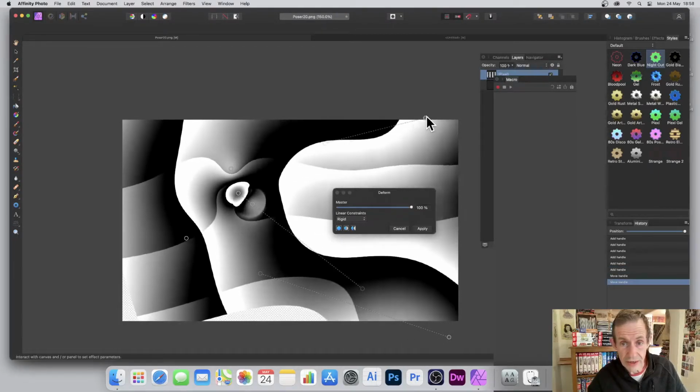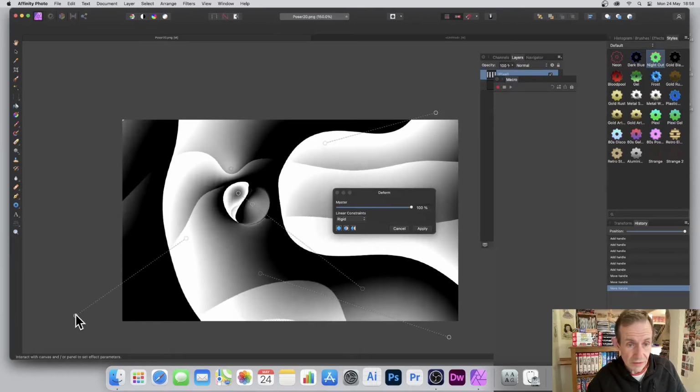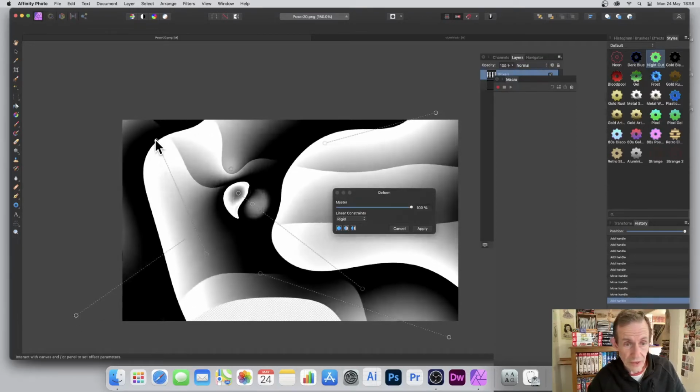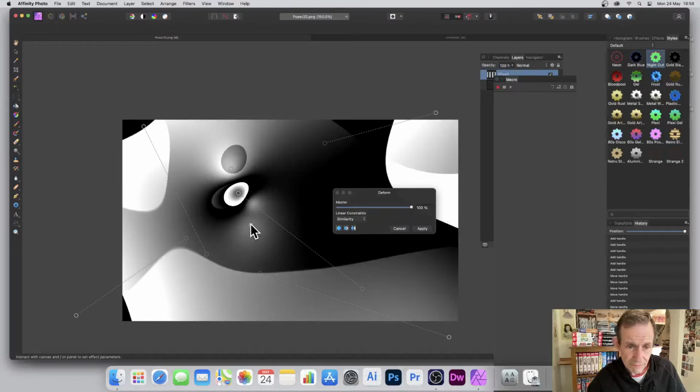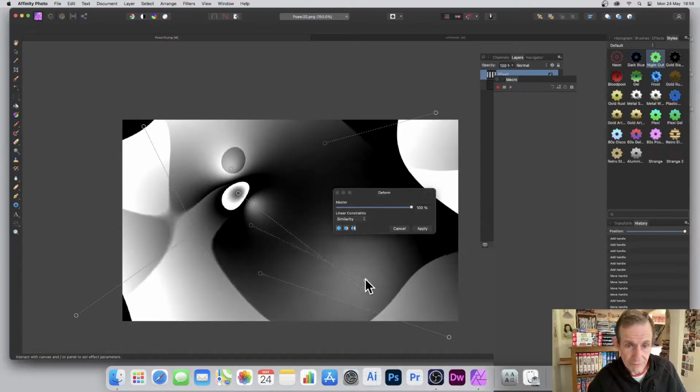And stretch that out. And you can distort that again, and you can get some very abstract designs by it. And you also can go for similarity as well. I must admit, I prefer similarity. So you can just distort that